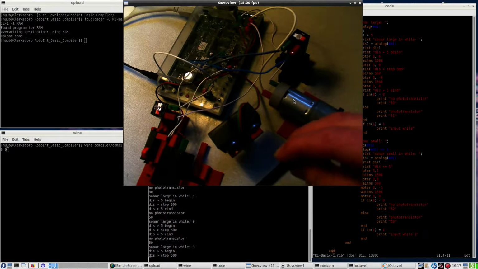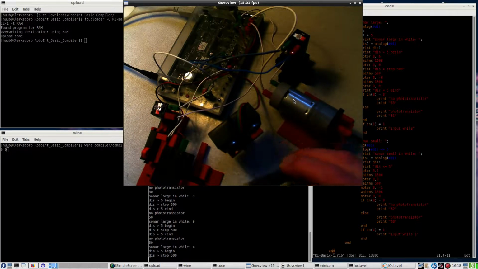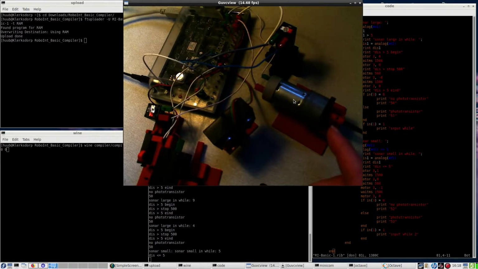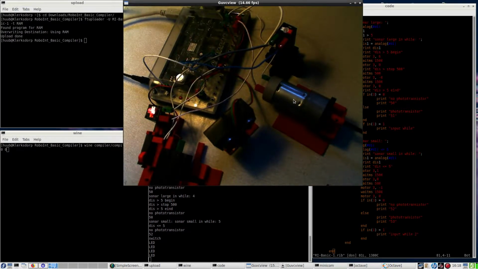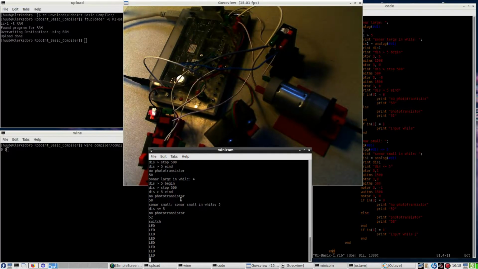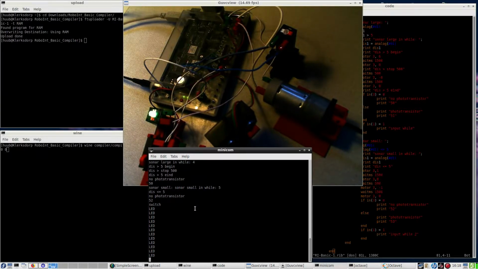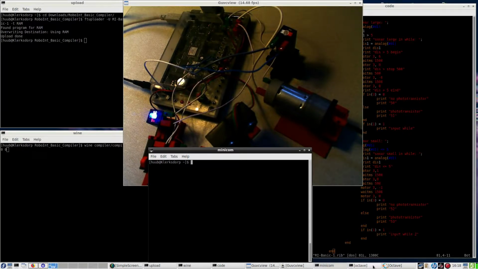Now I should be holding an object in front of it, and then it slows down. And that's exactly what I want, and then it goes back here. But this doesn't record anything. So I'm going to interrupt this and go to Octave,